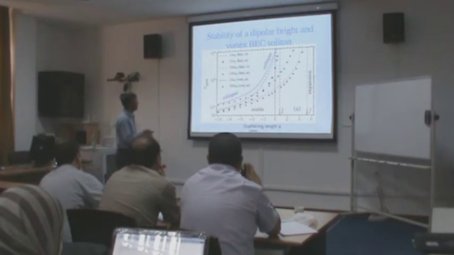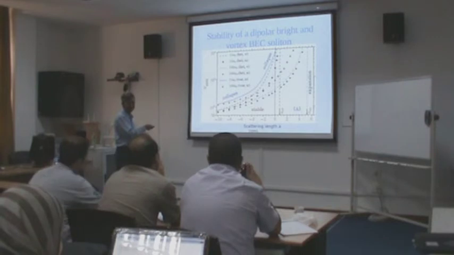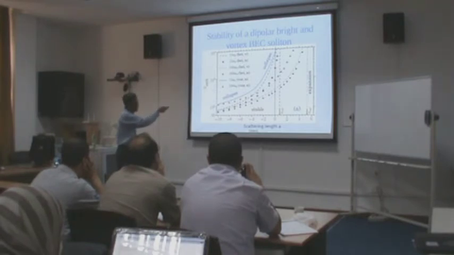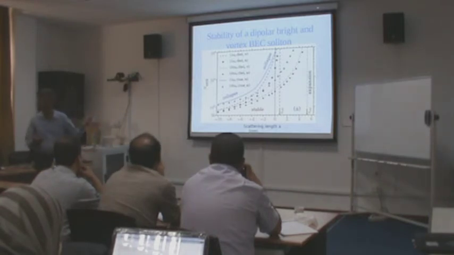So in that direction, you see that this is the maximum number of atoms you can accommodate. Contrary to what you believe, if you have a large contact attraction, you can accommodate only a small number of atoms. And here you have contact repulsion, but the same system can accommodate almost an infinite number of atoms. So you can accommodate fewer atoms in a dipolar condensate when the contact interaction is attractive, contrary to what you believe in the soliton.